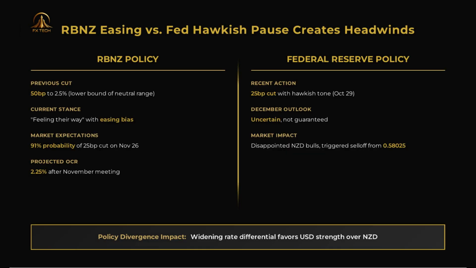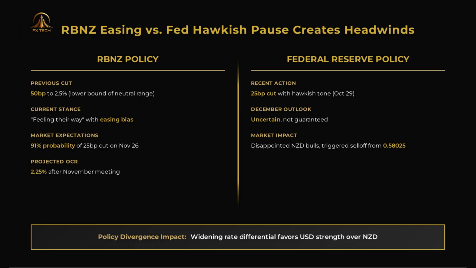optimism. Central bank policy divergence is a critical driver of currency movements. The RBNZ previously cut rates by 50 basis points, bringing the official cash rate to 2.5%, which is the lower bound of the neutral range. Their current stance is described as feeling their way forward with an easing bias. Market expectations show a 91% probability of a 25 basis point cut at the November 26th meeting, which would bring